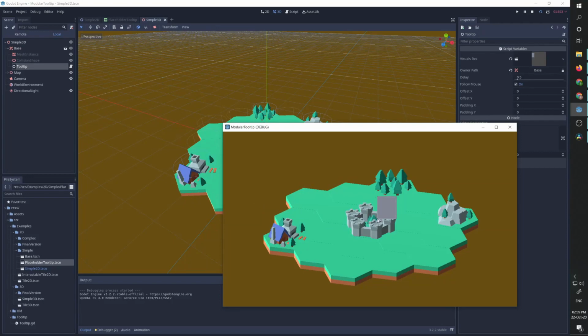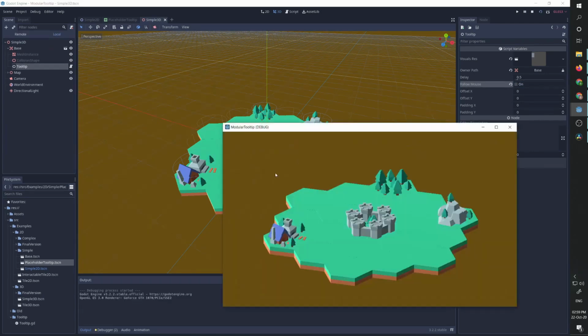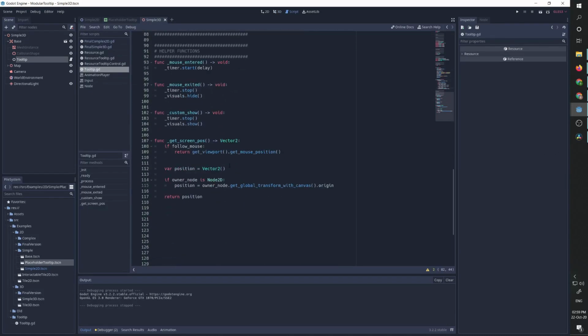Now if we run, we can see that because we are following the mouse, it's already working, but if I set mouse follow to be false, you'll see that we see the tooltip at 0, 0 at the top left corner, and the reason is if we look at the function, because our owner is not Node2D, we return the position 0, 0. So now let's add those 2 lines of code I was telling you about to make ourselves support 3D. So if our owner node is spatial,